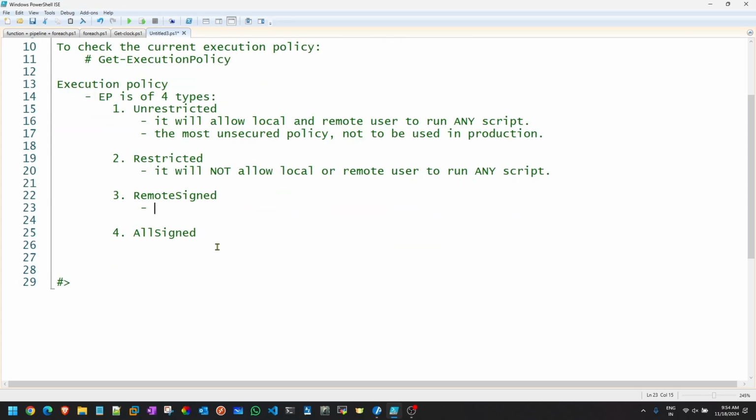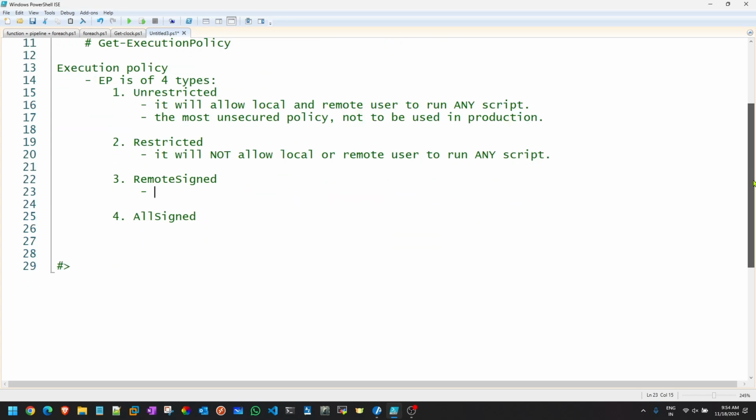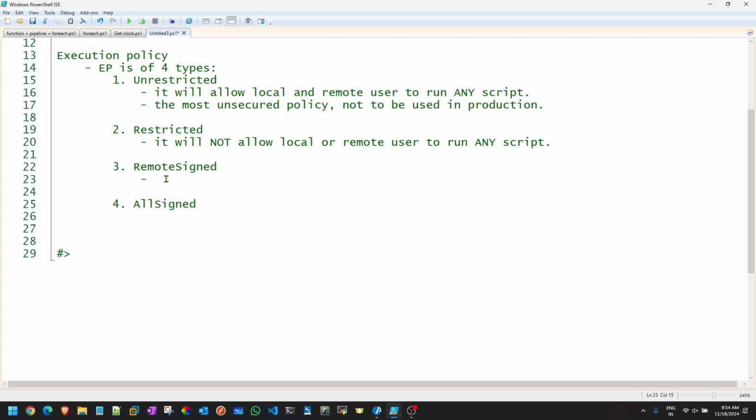Now remote signed and all signed basically work on one fundamental. It's called digital certificate.